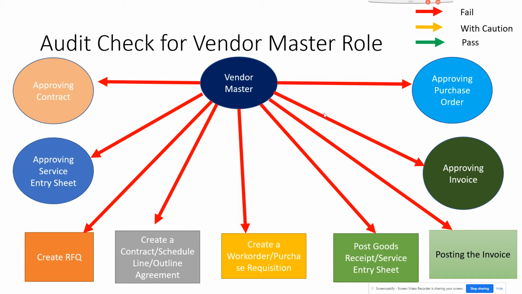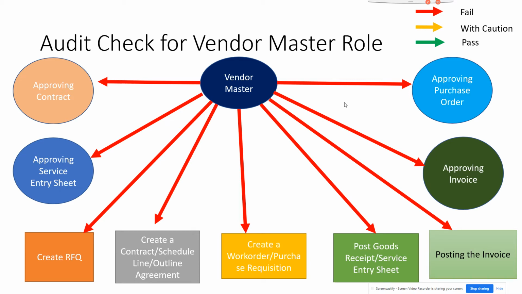Now lots of companies are a bit lenient because people wear different hats. In those cases where they are doing both, there should be either-or. Like if he creates the vendor, he should not be approving the invoice related to that vendor. There can be flexibility on those, but ideally in big companies this is a very important thing, where there is an SOD violation and you can get in trouble for audits.